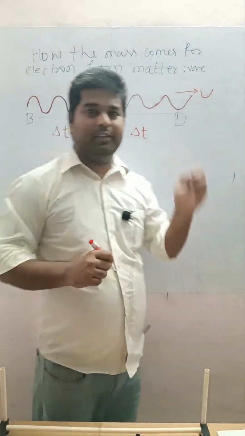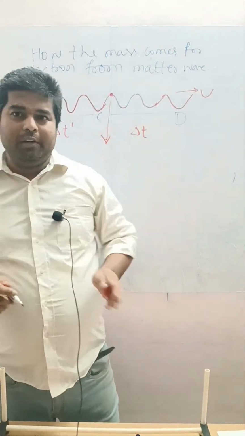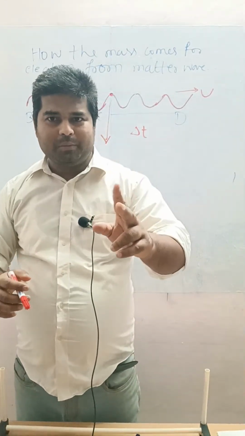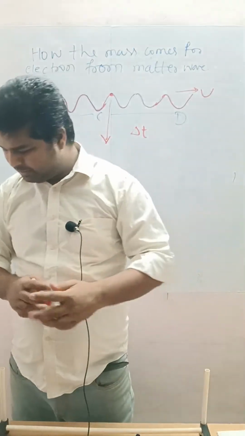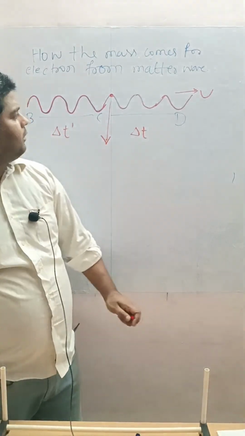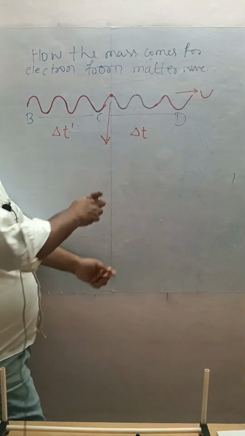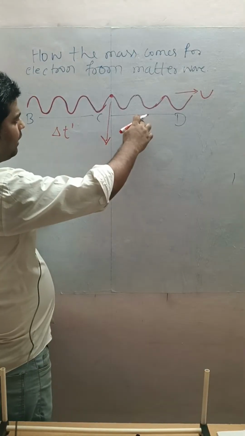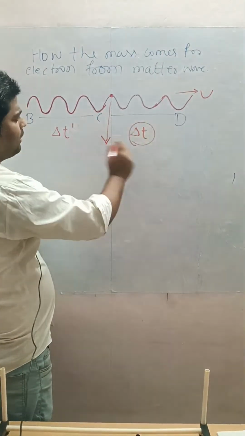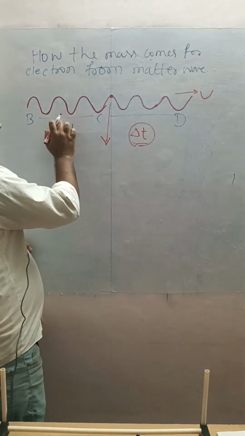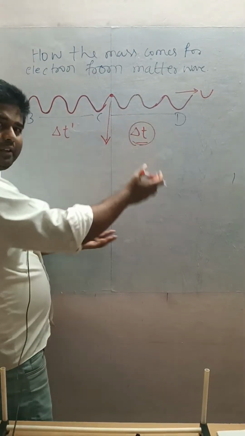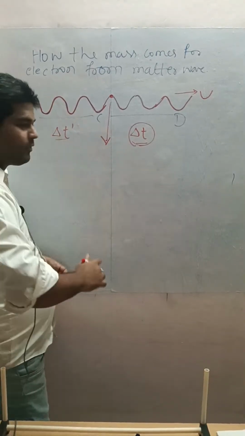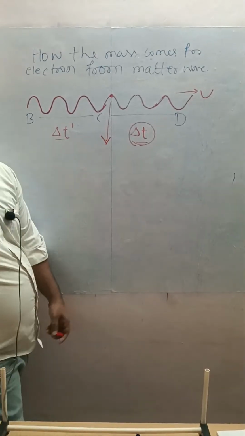This is time dilation, relativistic time dilation. For the same event, two observers are observing two different time intervals. Clear? CD observes that it is delivering its speed to this segment in del t time, and BC is observing the speed delivered by CD in a different time. This is the twist. So due to time dilation,